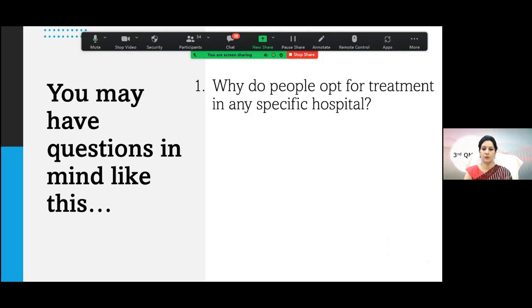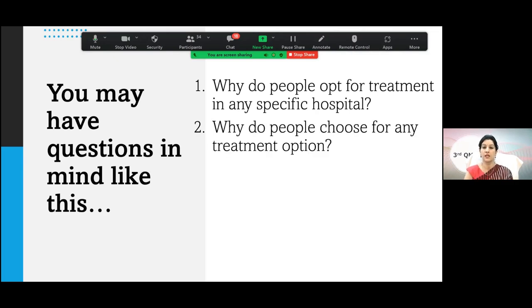So you may have certain questions like, why do people opt for treatment in any hospital? So the basic difference is when you should choose a focus group. When you want people's opinion on any topic, rather than individual opinion, or the people's consensus on anything, like any program perspective, in that case also an in-depth interview can be done. But when you want people's consensus, then you should go for focus group discussion, when they make a shared decision or a shared opinion at the end of the process.